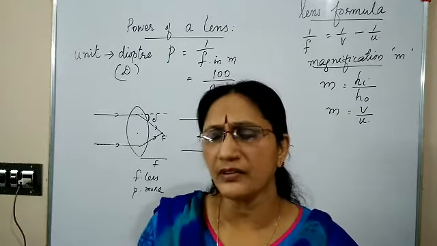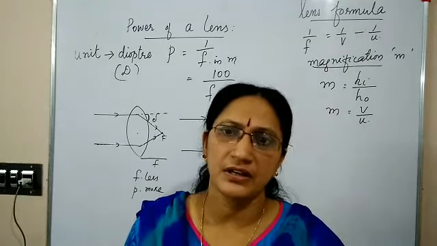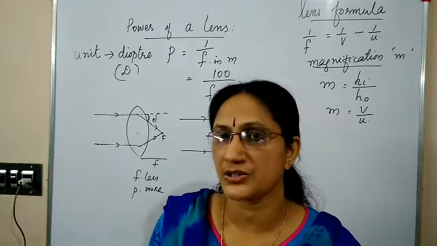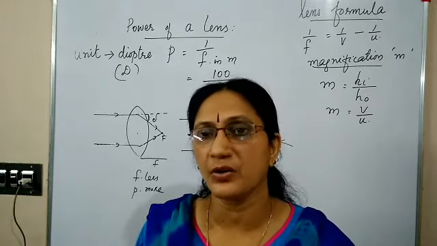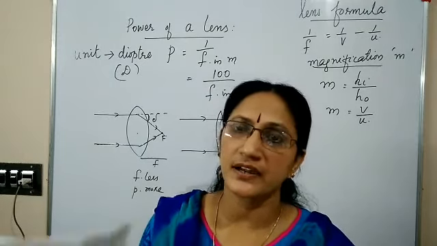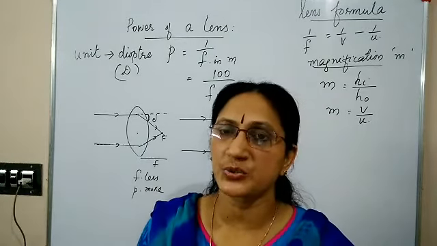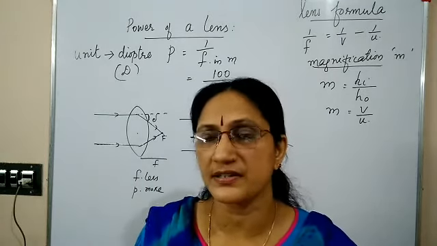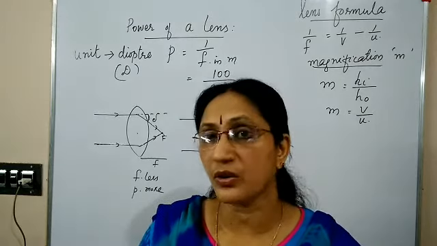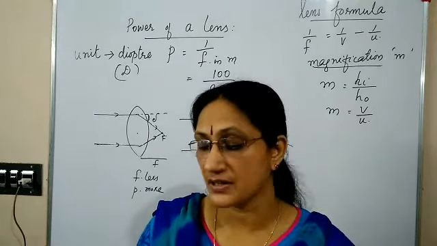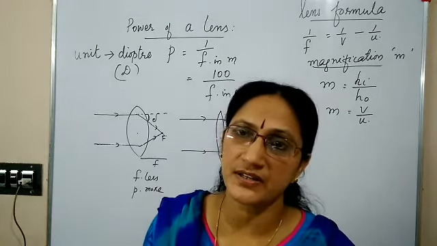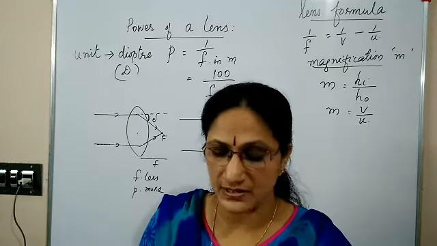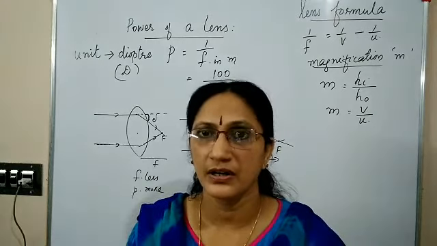If that lens has some defects, we wear extra spectacles. Eyes have many defects like myopia, hypermetropia, what we call short-sightedness and long-sightedness, then astigmatism. In all these cases, to correct it, we wear spectacles with lenses. For people with short-sightedness, called myopia, they have to wear a concave lens in spectacles. Those who have long-sightedness, hypermetropia, have to use spectacles with a convex lens. These are the different uses of lenses.